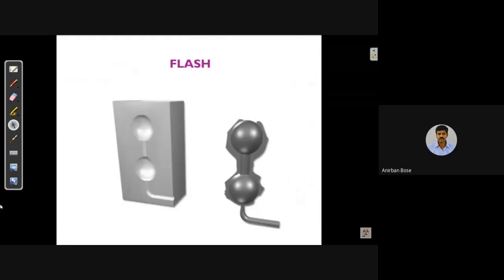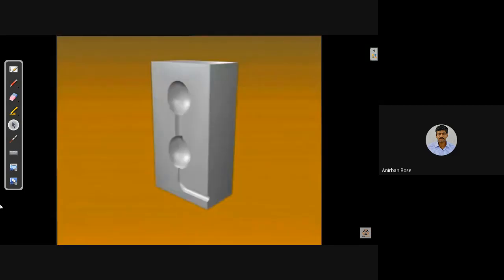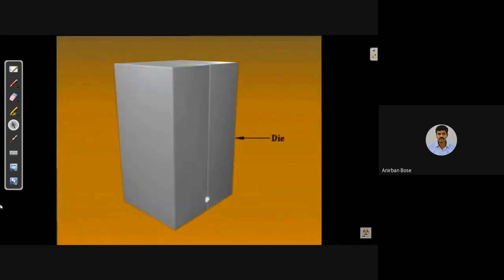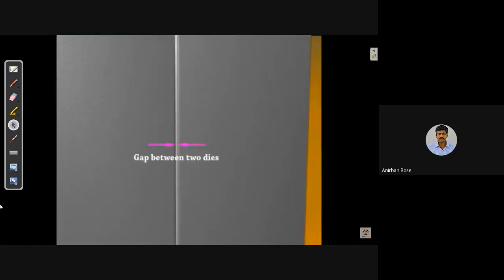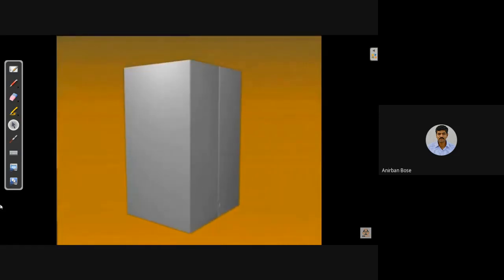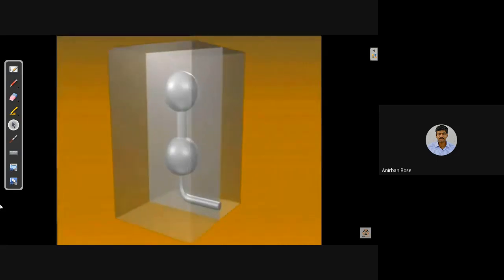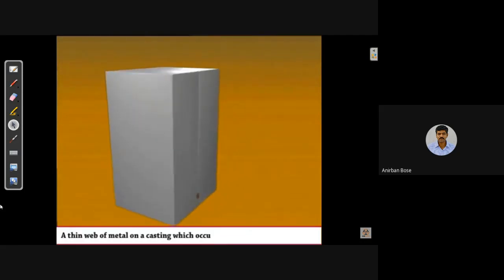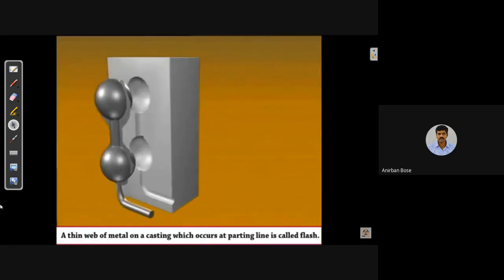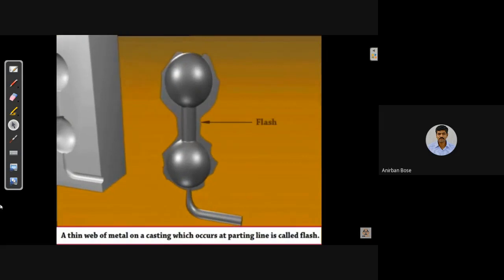Flash. Let us see an example for flash. A thin web of metal on a casting which occurs at the parting line is called a flash.